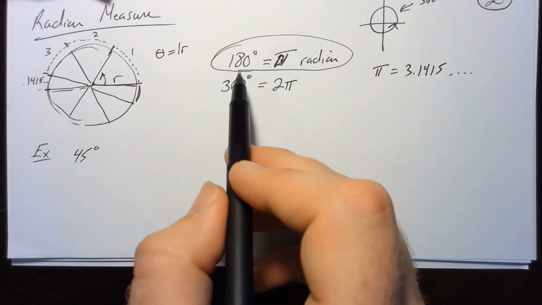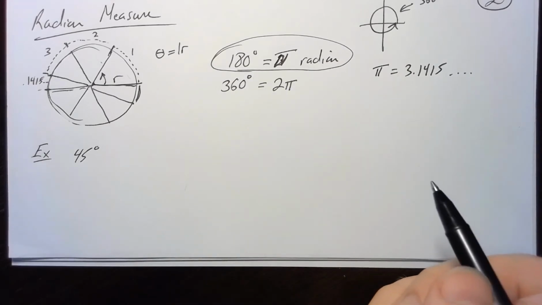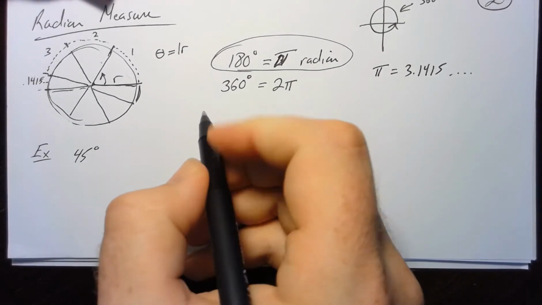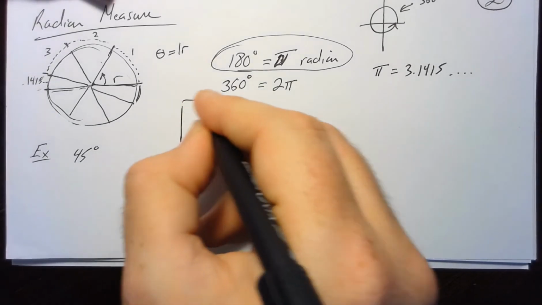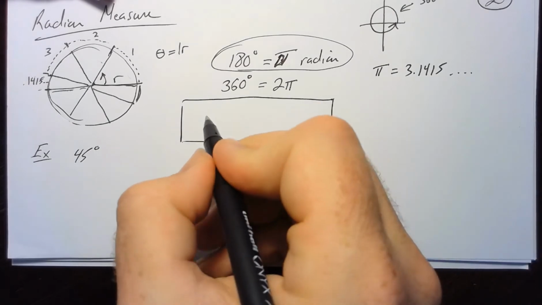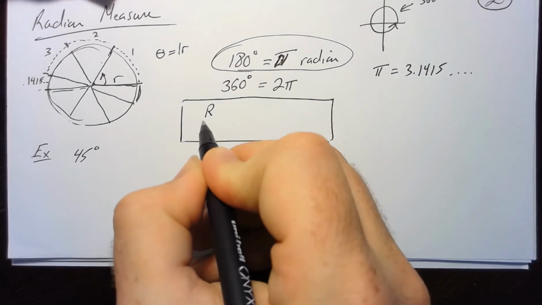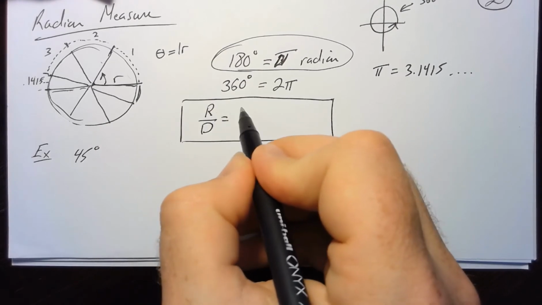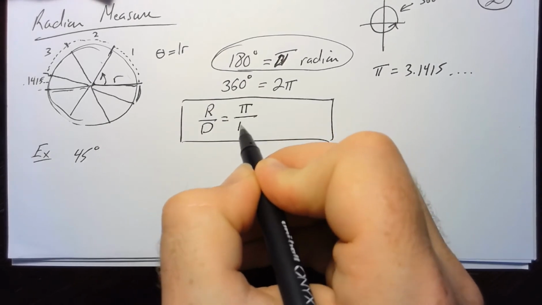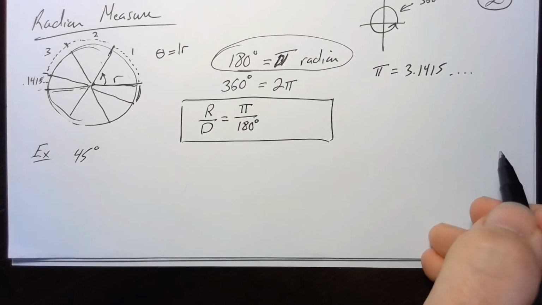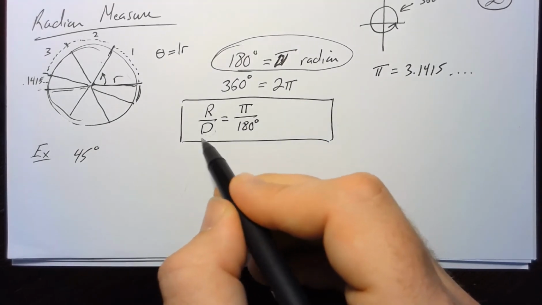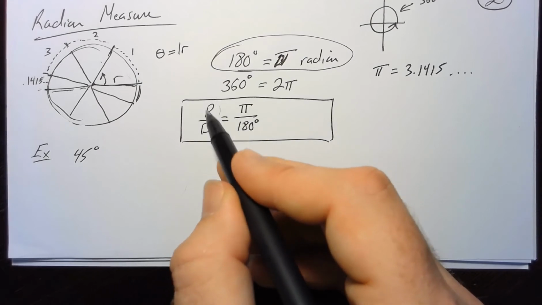Well, if I know that there is a ratio or a comparison between radians and degrees, I know that ratio will be compared in this form. I'm going to put a box around it before I even write it. It's for every radian, there is a certain number of degrees, and I know that for the basic concept, there are pi radians to every 180 degrees. So if I'm given a degree measure, I can plug that degree measure in here and solve for r.